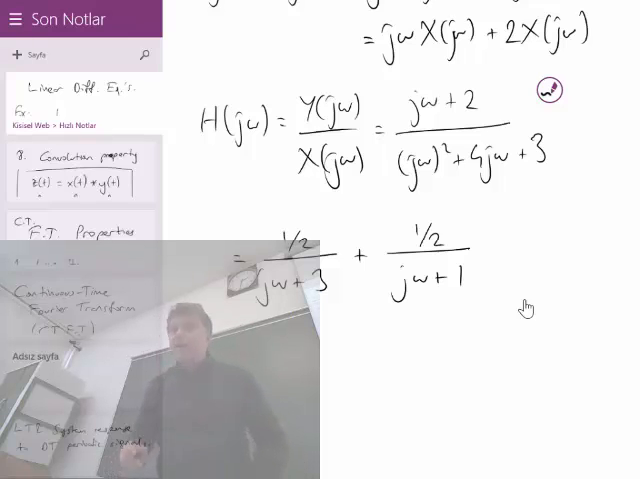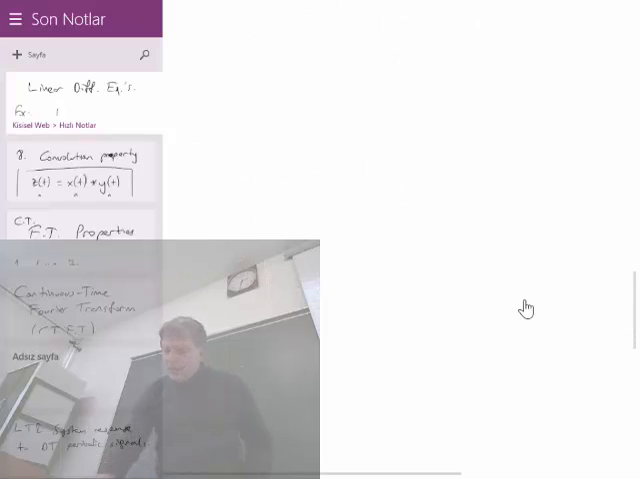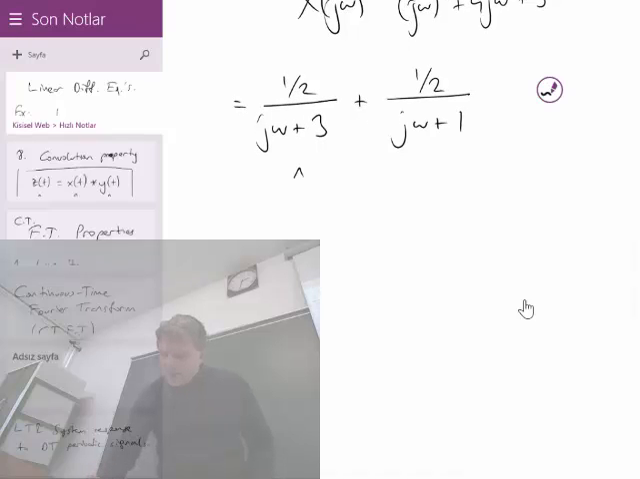They are both 1/2, as it happens when you solve it. So this whole expression of the second order system is nothing but the addition of 2 first order systems. And we know the inverse Fourier transform of both sides. So this is H of j omega, and the inverse Fourier transform of H of j omega is h of